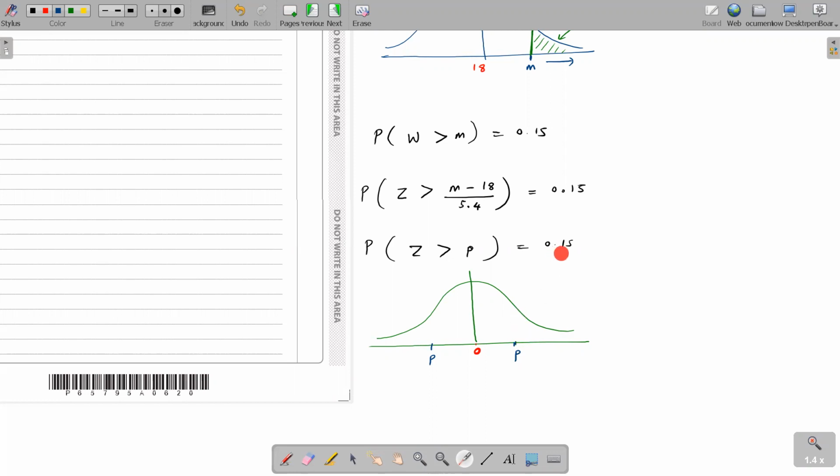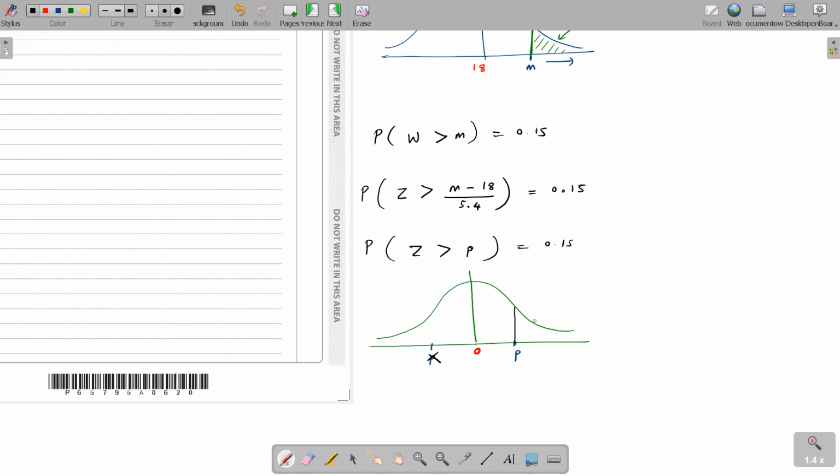The area should be 0.15. So should I take P to the behind? Greater than means I'm shading this front area, right? Can this front area be 0.15? No, right? It's bigger than half. It's exceeding 0.5 because half the area is definitely exceeding 0.5. So that P value is wrong. So this P is not on the negative side. So here we definitely have a positive P.